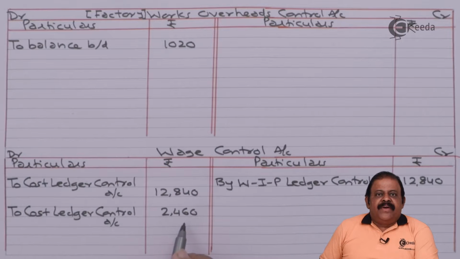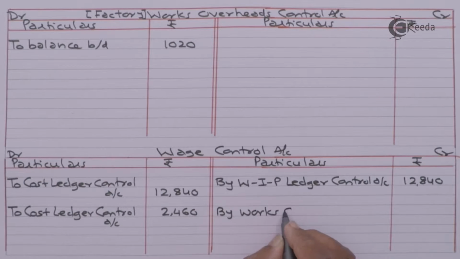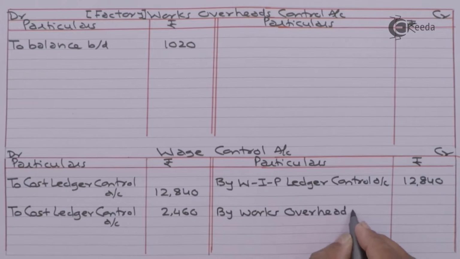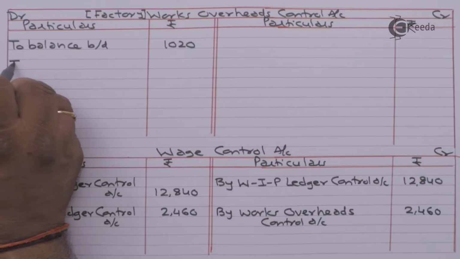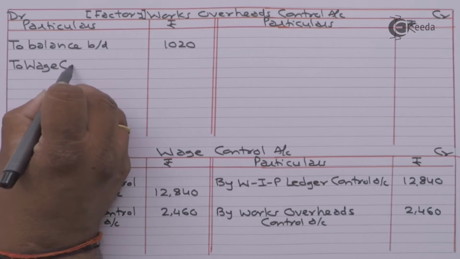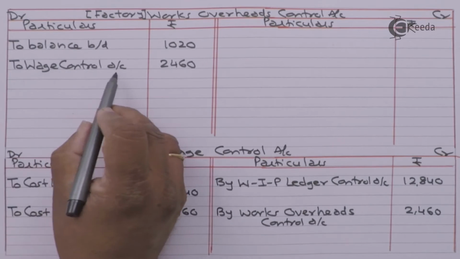This amount should be treated as indirect labor. Therefore, it will be transferred to factory overheads control account. This will be then debited to factory overheads or works overheads control account. To wage control account